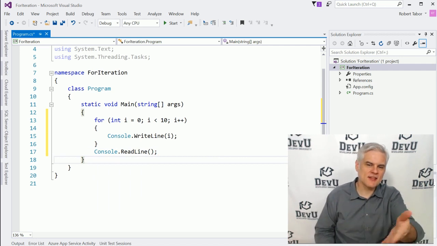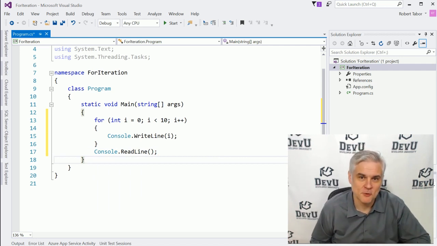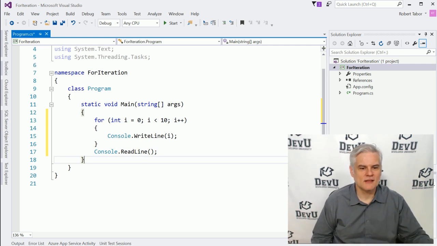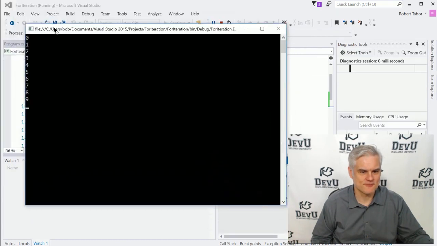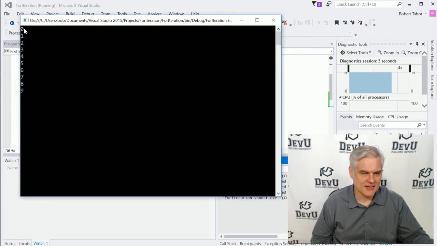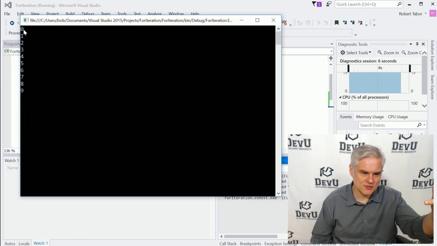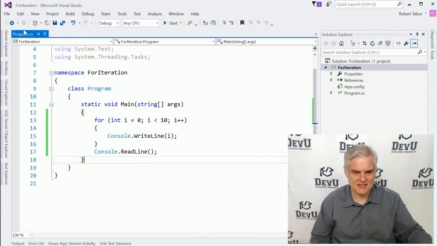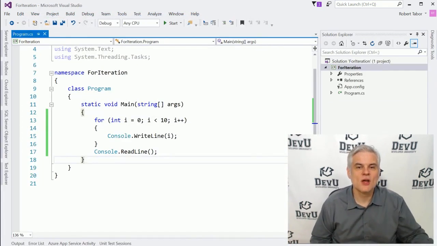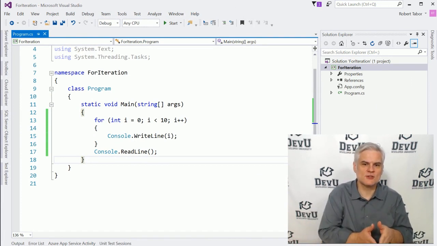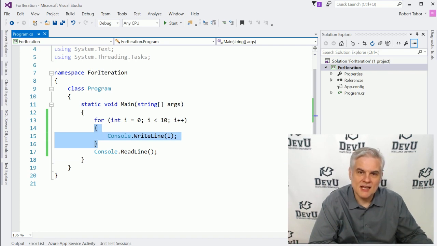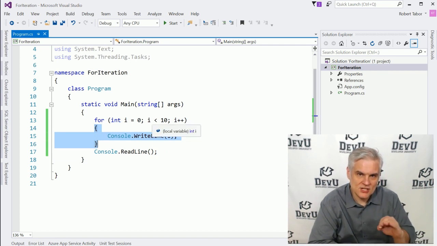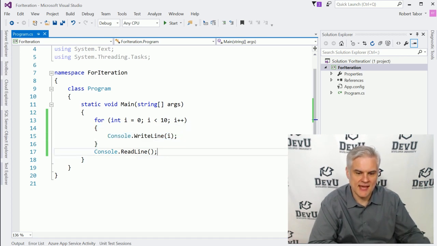Okay, so what do you think that this code does? Okay, got a theory in mind? Well, let's go ahead and run the application and see if your theory is true. All right, you can see that we have a list of numbers from 0 to 9, and then we can hit enter to continue on. So we're using C# to execute this little block of code right here until a certain condition is true, at which point we will stop executing that line of code and continue on